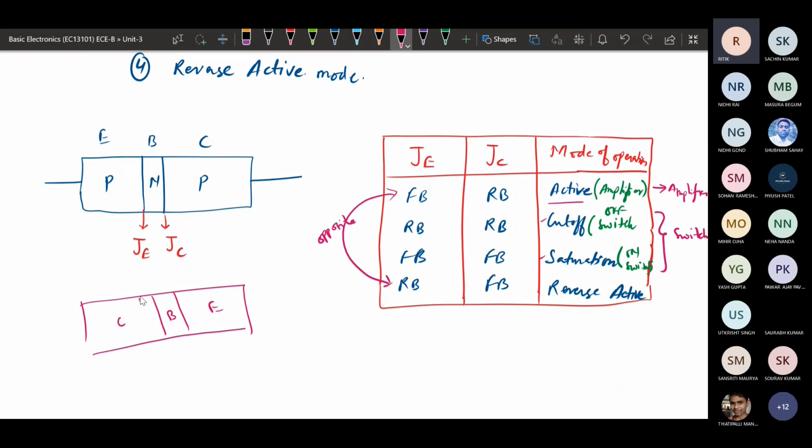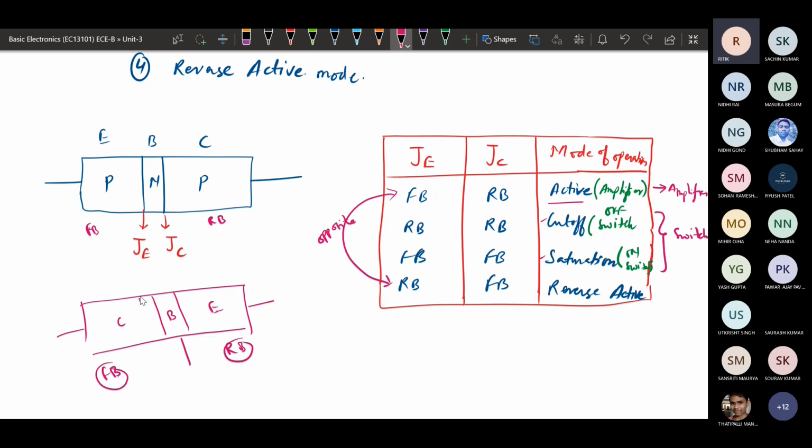We have just inverted the transistor and then made this one forward biased and this one reverse biased. In active mode, this was the emitter and this was the collector, this region was forward biased and this was reverse biased. But we have inverted the transistor and then provided forward bias and reverse bias. So it is similar, and it will have transistor operation.